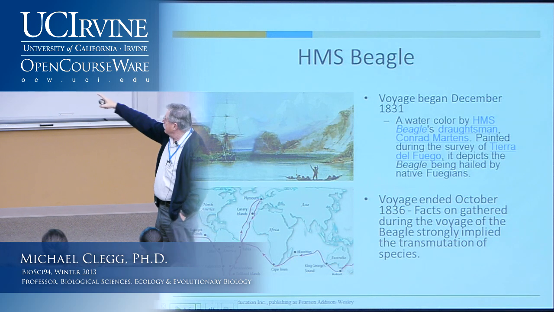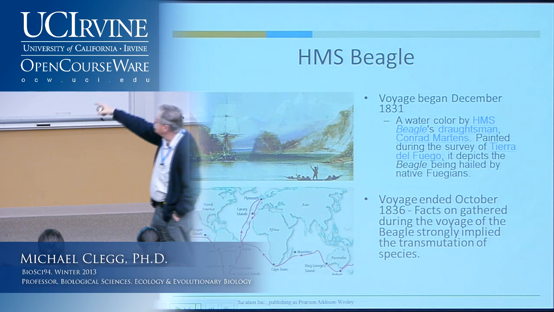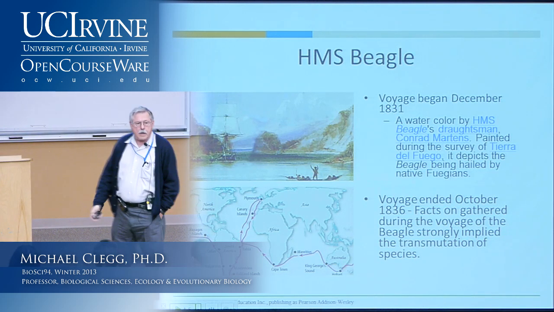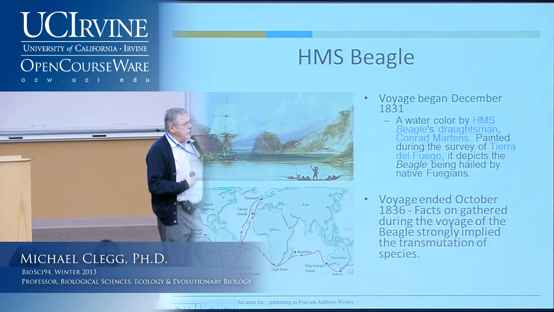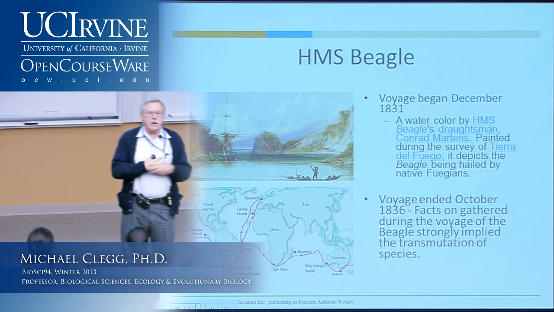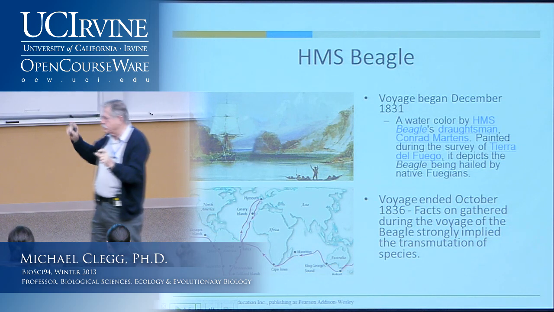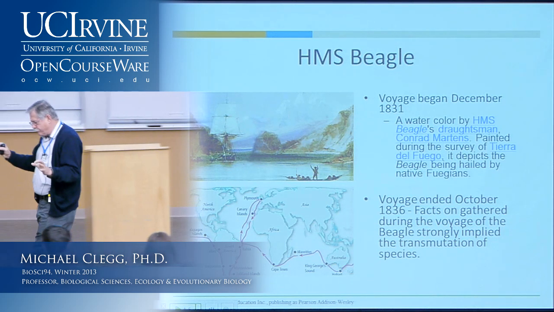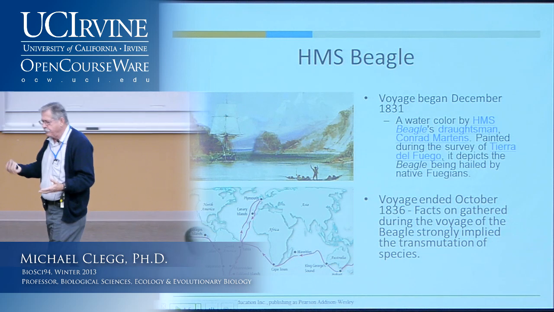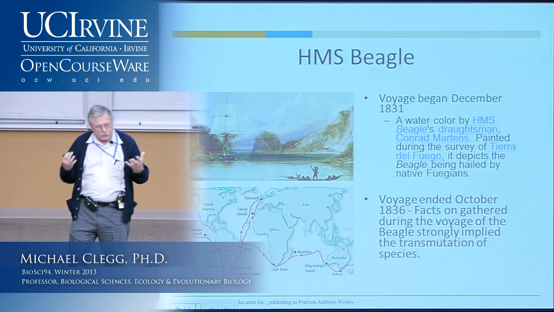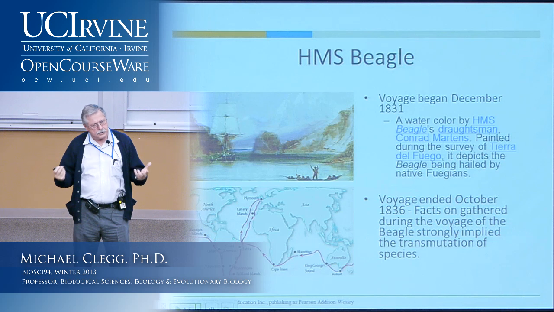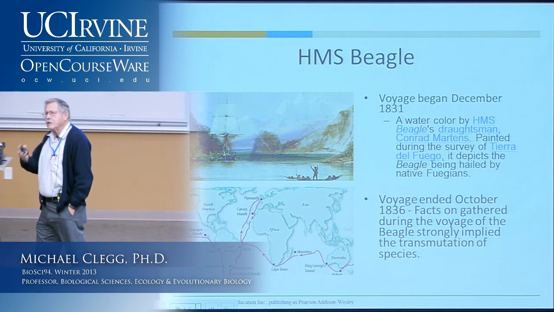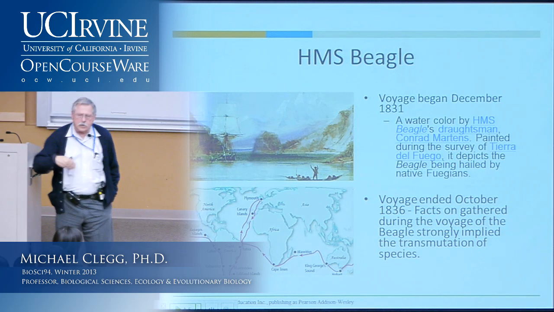Then they went around the Cape, back up, stopped at Valparaiso in Chile, eventually ended up in the Galapagos Islands. And once again, he was tremendously influenced by the Galapagos because these nearby islands had birds and lizards that were clearly related, but were different species. And one of the things that I mentioned in the lecture on Monday, and we'll come back to again, is